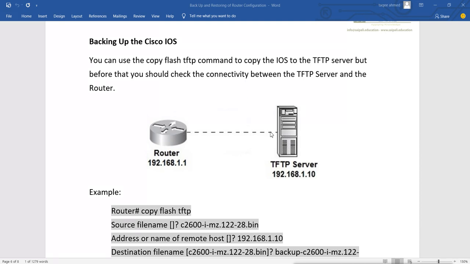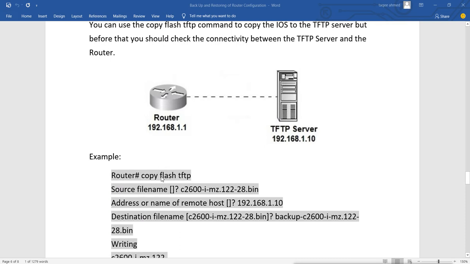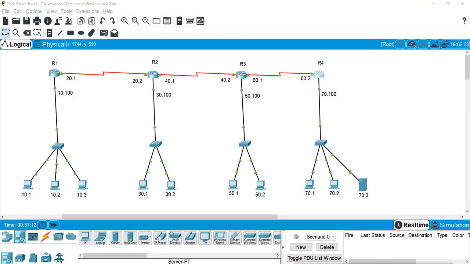I will tell you why. I will show you why it is needed directly. So what we do is run the command copy flash tftp. Now here in this design I have not connected this server directly to the router, so I can take the backup, but at the time of restoring it, that time it can be a problem. It can give a problem when you restore from the TFTP server if it is not connected directly. I will show you where and how the problem comes, but we can take the backup easily. So first I will take the backup.